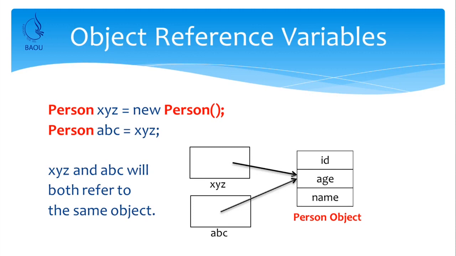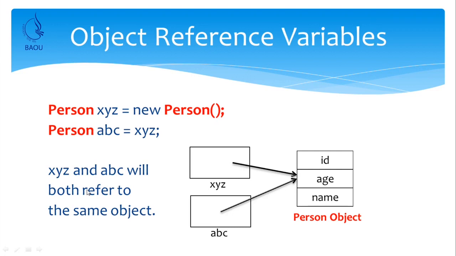As shown on screen, since XYZ is already created and it is assigned to XYZ, when you write down abc is equal to XYZ, it will not create a separate copy of this object, but it will only point to the object where XYZ is pointing. So, either XYZ or abc is the same thing whenever I write down abc is equal to XYZ.